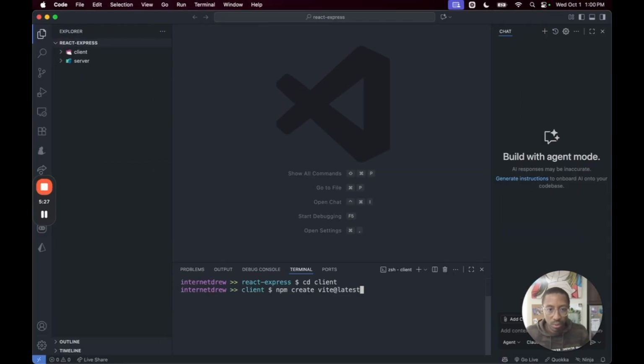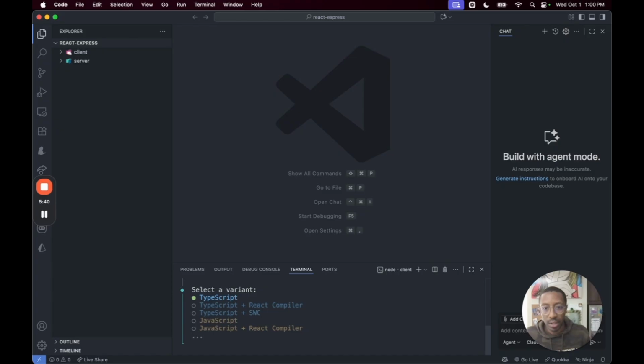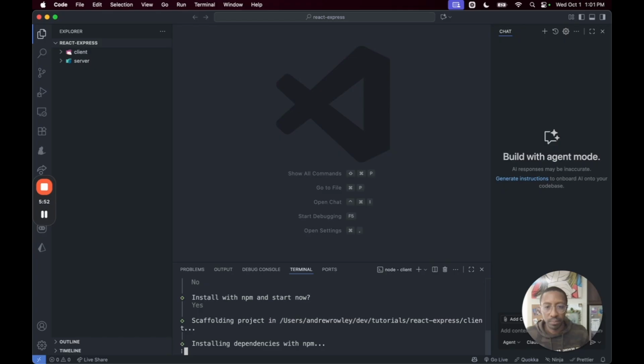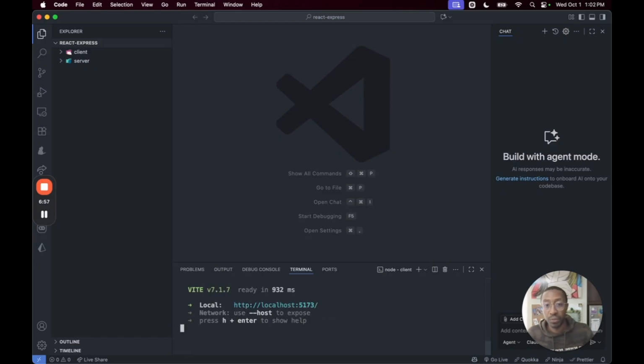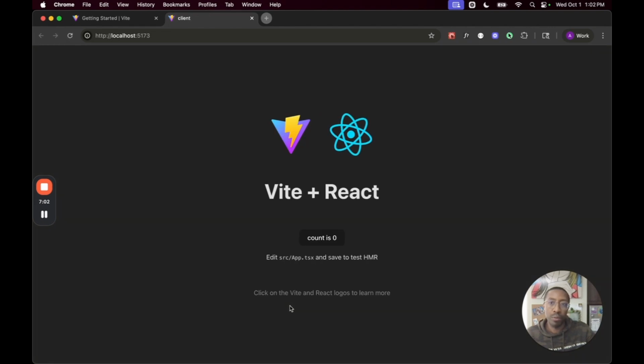So npm create vite@latest, and we're just going to use this dot to say, just make sure you do it at the root right here, since we're already in the client directory. Need to install the following packages. Yes. React, TypeScript, and SWC. Use rolldown-vite? No. Install with npm and start now? Yes. Okay, so now that everything's fully installed, we should have our React front end running on port 5173, and